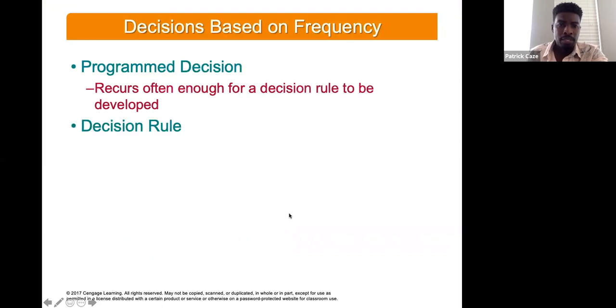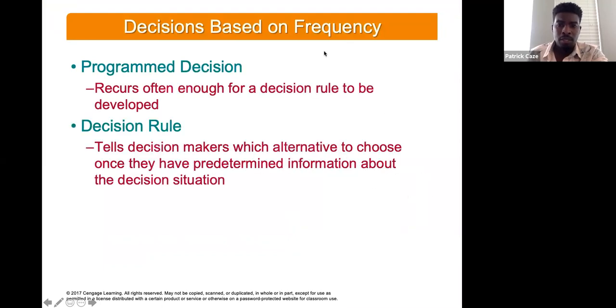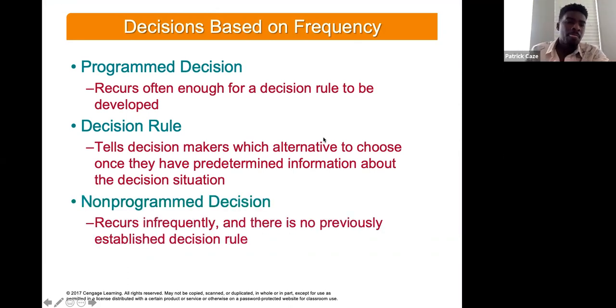All right, some different types of decisions and their frequencies, right? And so we have what we call a programmed decision. And a programmed decision is something that happens enough times that we already know the answer, right? And so instead of going back and trying to make a decision on it, the decision is kind of automatic, right? And so we'll build a rule for it, such as, if you're late with your schoolwork, it's 10% off, right?